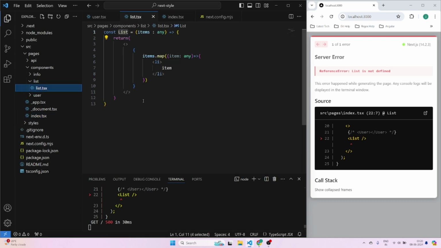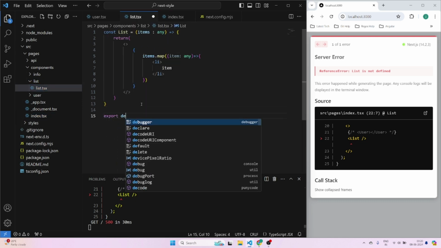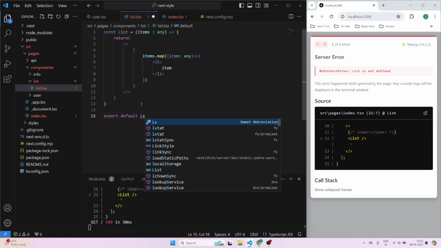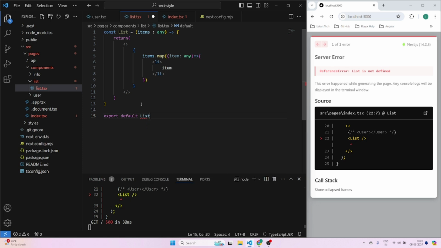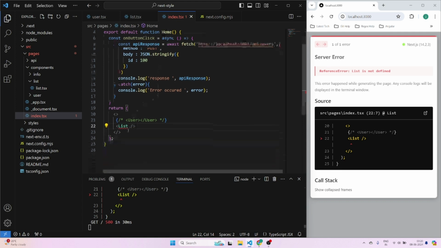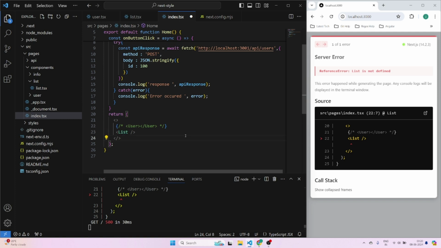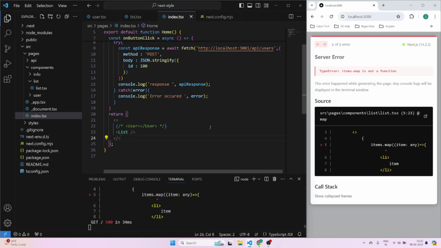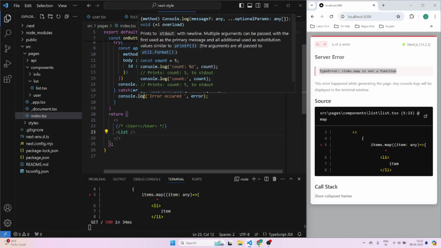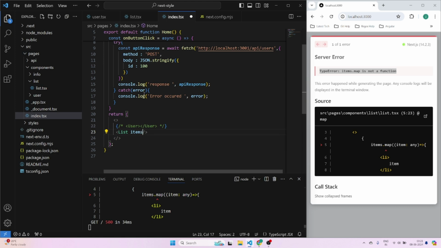I think we haven't exported the list here. We'll just export the list, right? Once this is done, we'll go here and try to import it. We click here and import it. I'll save this and you can see items.map is not a function, so it's expecting something called a list. So I'll just pass a list, items as an array,